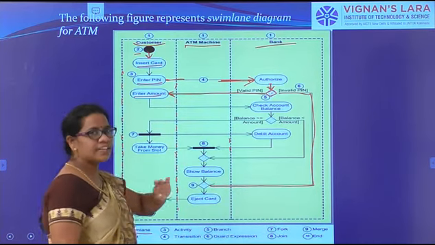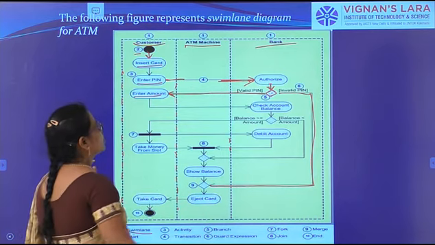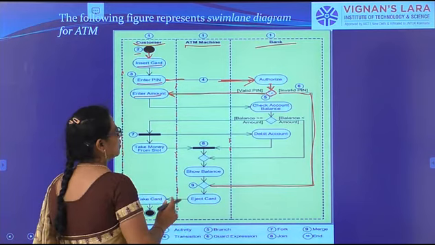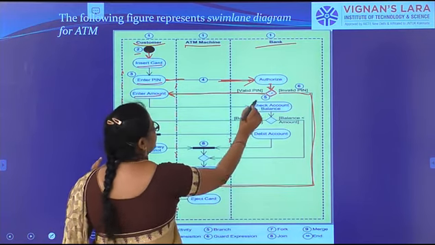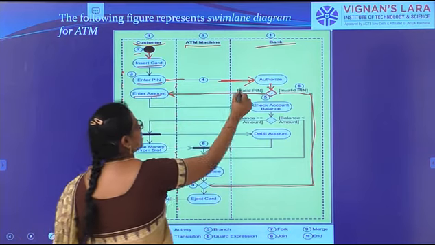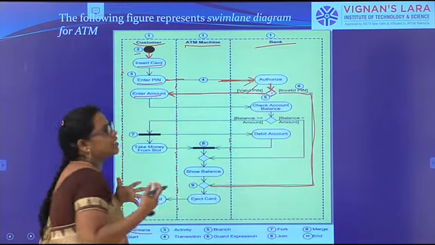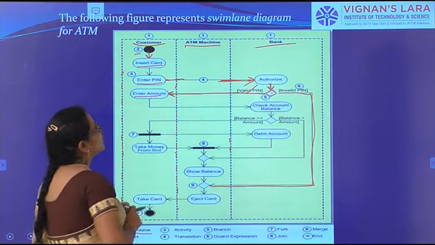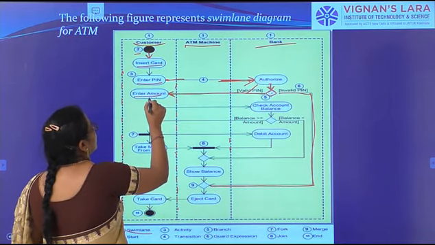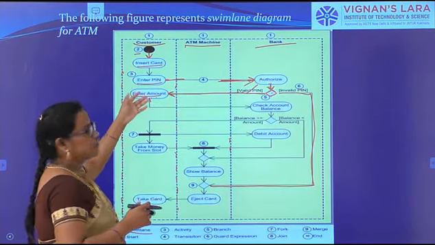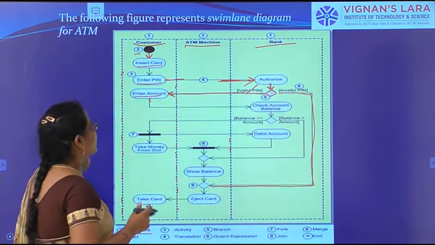Why it came here, I will tell later. So don't get confused. First we will go for the valid part, the invalid part we will see later. Okay. So the fifth step is validation. So enter the amount. We are giving the valid PIN, so whatever PIN we entered is a valid one, so it asks to enter the amount. Here the amount will be given by the user, the customer. That's why it came to enter the amount.